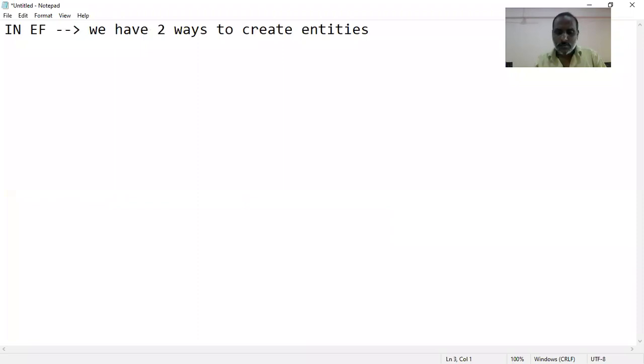First way is using the database first approach, and the second way is by using the code first approach.